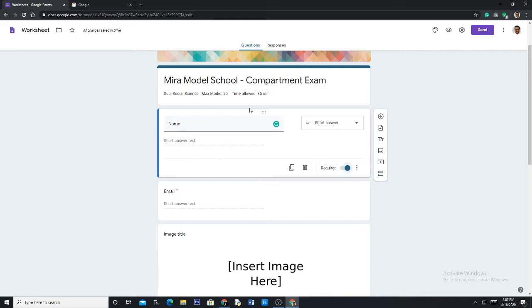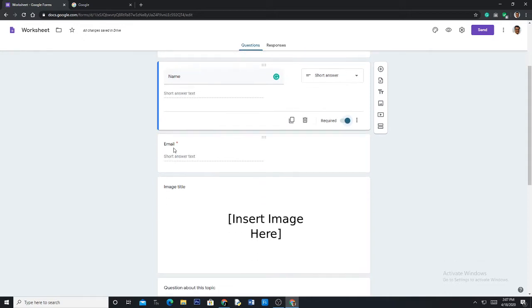Okay, suppose I don't need this, the whole thing, here there is a delete button. I can click on delete, the whole thing gets deleted. So I don't want to do that. So name is over. Then email. Suppose you want the child to write down the email ID, right? But here it is email. I don't want that. I want only class and section to be specified.